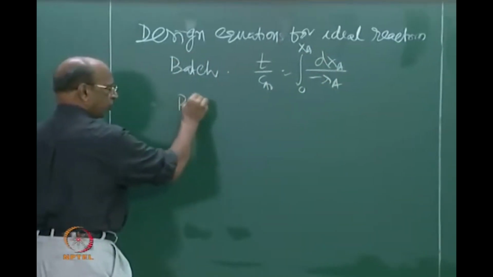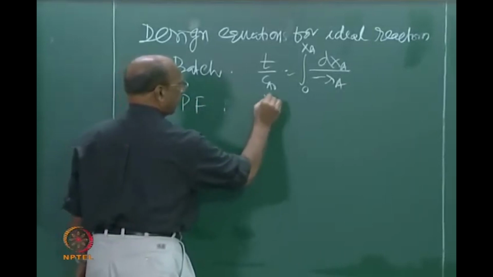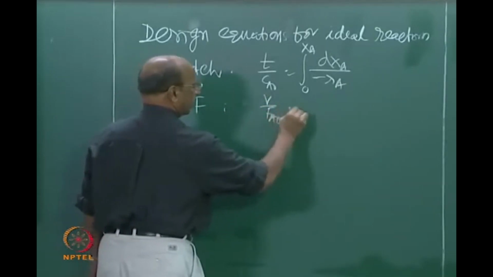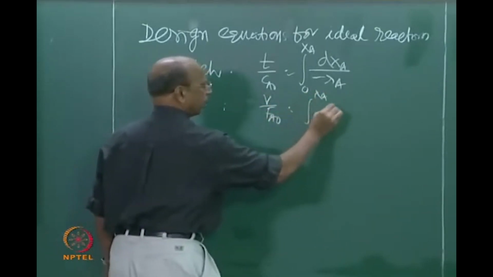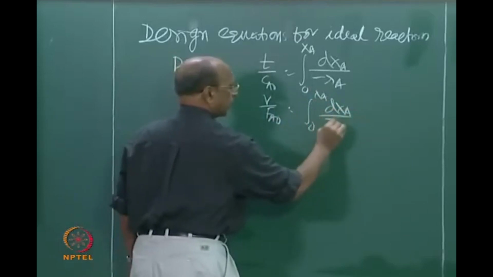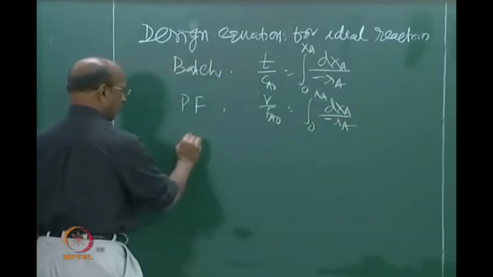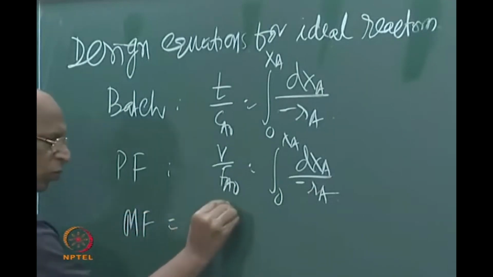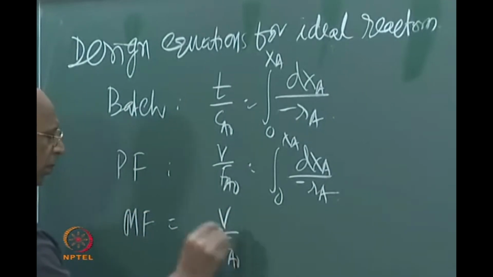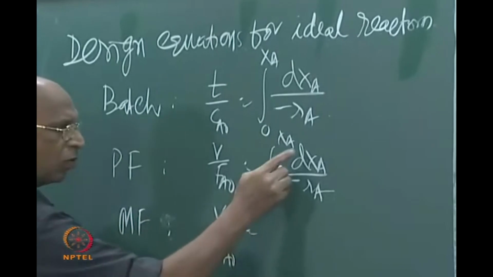For PF, V by F a naught equal to integral 0 to x a of dx a by minus R a. For MF, V by F a naught equal to